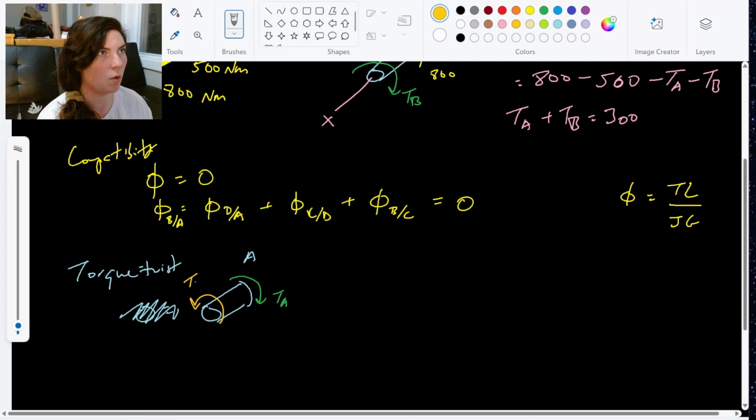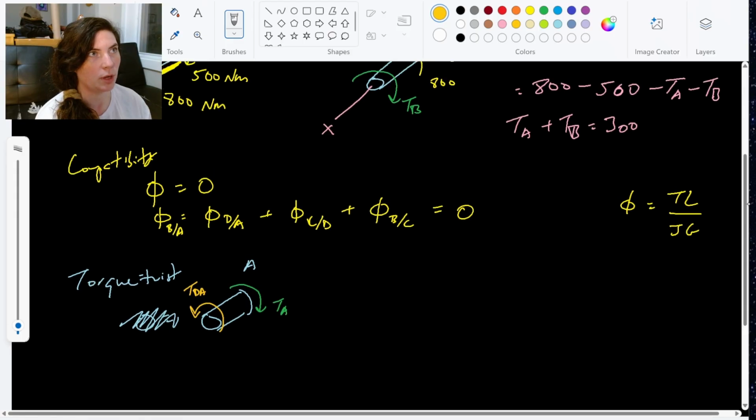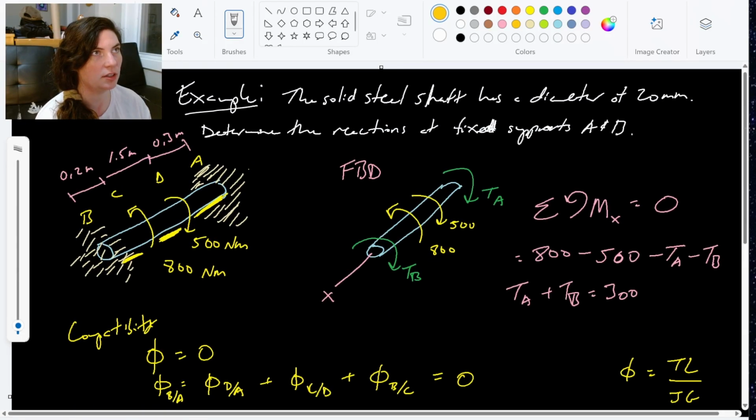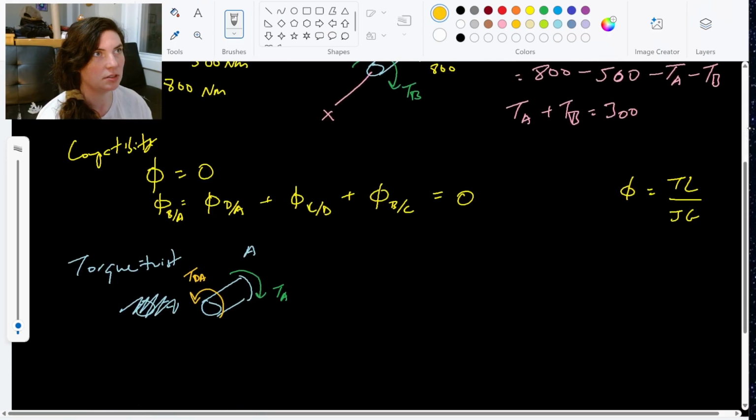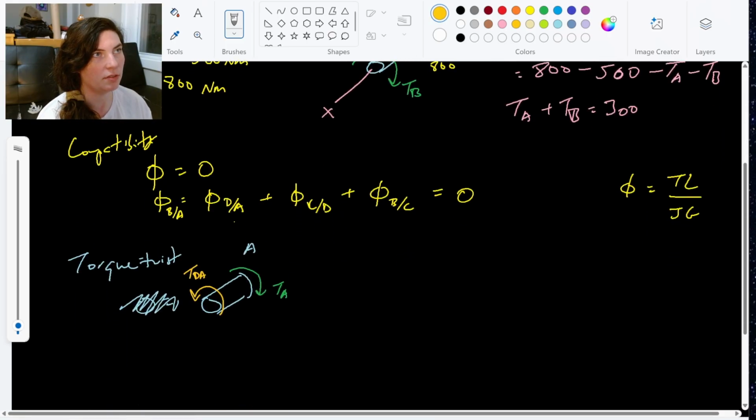So this is the torque in section DA. If we look at our original thing, we include everything up to D. So we don't include that 500. So we can see in our section AD here that the torque of DA is going to be the same as that reaction,